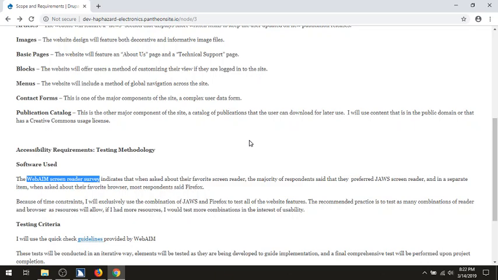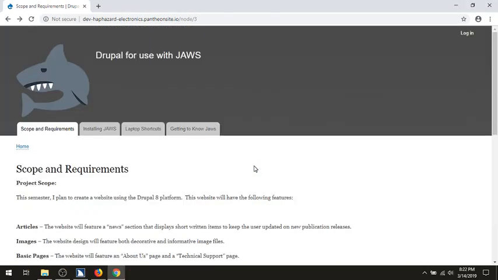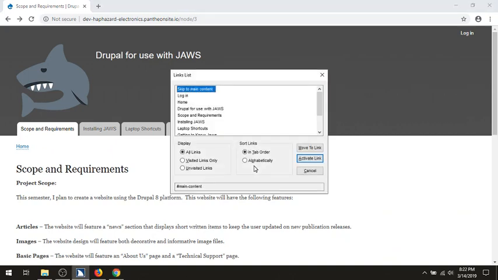Okay, so we're back in JAWS, and JAWS activation dialog. Okay. Scope and requirements vertical bar Drupal. Okay, so we do caps lock F7 Links to list get our list of dialog. links. Links list view. Skip to main content 1 of 11. To move to items, use the arrow keys. Okay, so